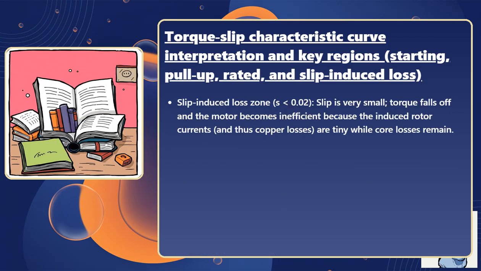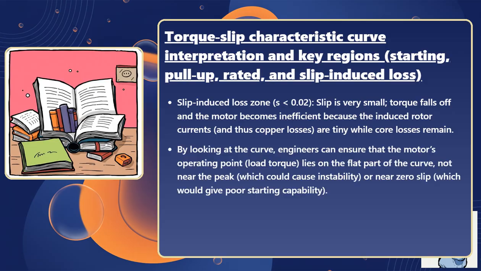Slip-induced loss zone, slip less than 0.02. Slip is very small. Torque falls off and the motor becomes inefficient because the induced rotor currents, and thus copper losses, are tiny while core losses remain. By looking at the curve, engineers can ensure that the motor's operating point, load torque, lies on the flat part of the curve, not near the peak, which could cause instability, or near zero slip, which would give poor starting